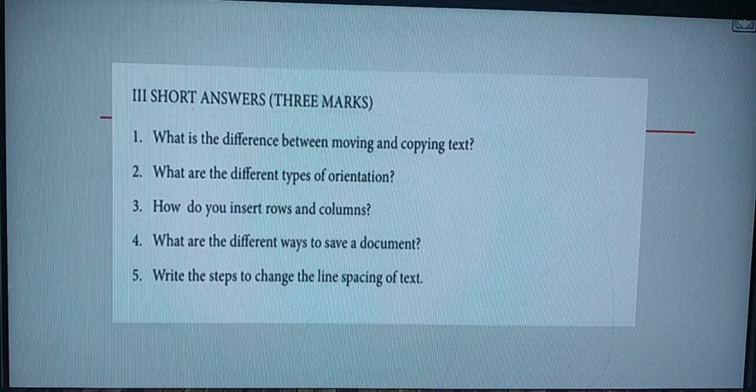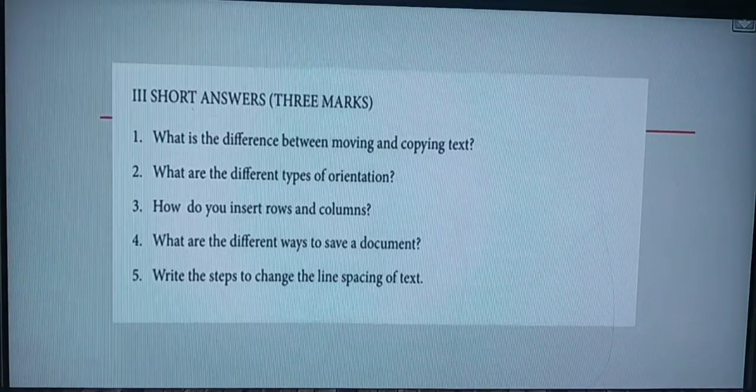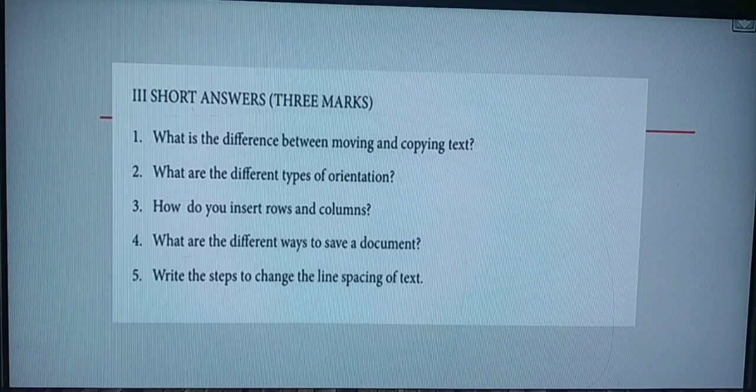Then come to the 5th one. Write the steps to change the line spacing of text. What are the steps that you need? Those steps you have to write down. For that, come to page number 81 in your book. Have you all taken it? There you have the line spacing.